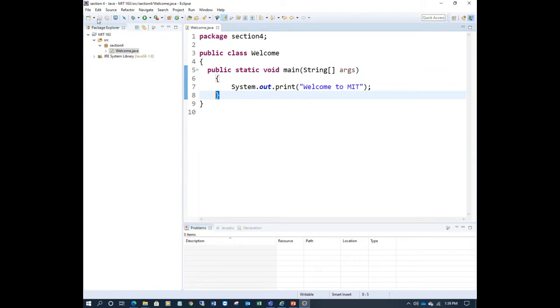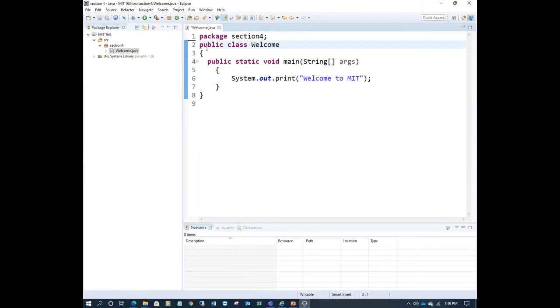Now just after printing, just save it. It's already saved. I press Control S, although it's not necessary. I just press Control S every time to save the program. Now after saving, you want to execute, to run the program, right? By default, Java builds the application, which means Eclipse will check for errors while you are typing.